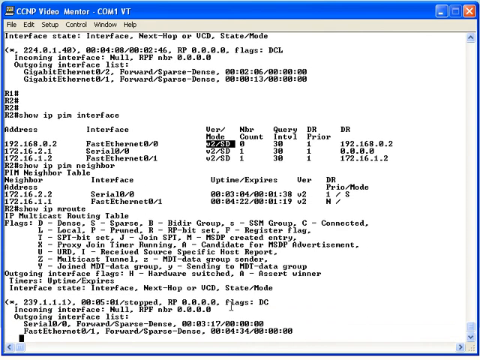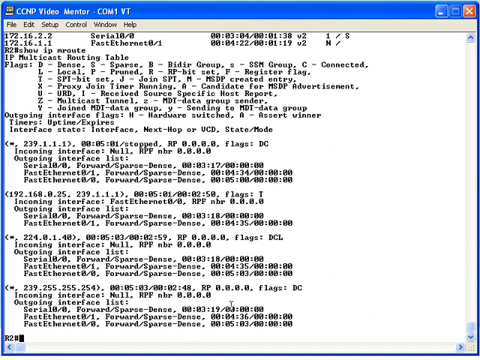If we do a show ip mroute, it looks like we have more activity going on here than we did earlier. Look at this. First of all, let me direct your attention to this S, G entry. And S, G is where we have the IP address of the multicast source, as well as the G, the group address, which is 239.1.1.1. You see, I have a multicast source plugged into FastEthernet 0/0, and the IP address of that source is